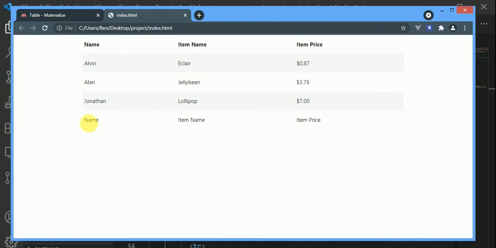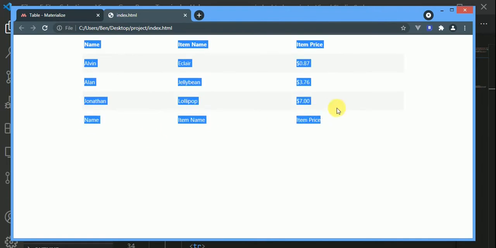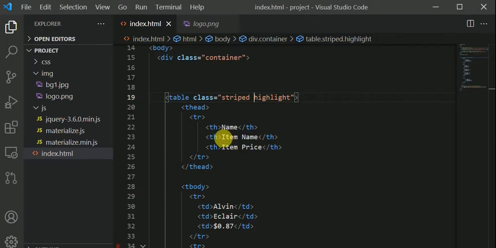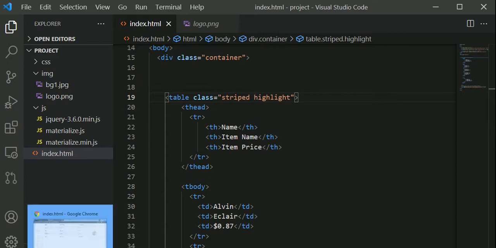this is the footer now. So this footer cannot be highlighted because it's not where the data is being placed. This is the header. Okay, so look at where this will have effect in this T body. Okay, so this is for the striped and the highlight. We equally have